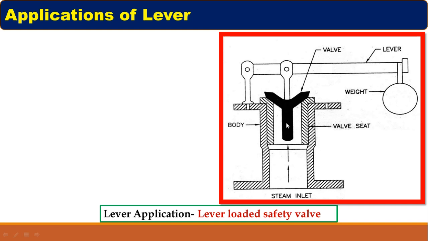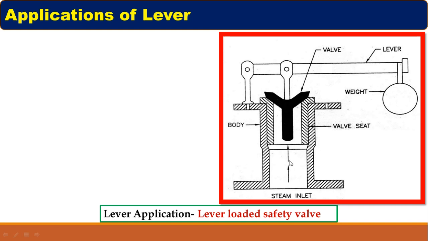But once the pressure inside the boiler increases beyond the desired limit, the force acting on this valve will increase beyond a certain limit, so that this upward force acting on the valve will overcome the downward weight, and thus this valve will open as the magnitude of force acting on the valve is more because of the excessive steam pressure. Because of the excessive steam pressure, this valve will open, the excess steam will come out from this boiler, and as the excess steam comes out, the steam pressure decreases.